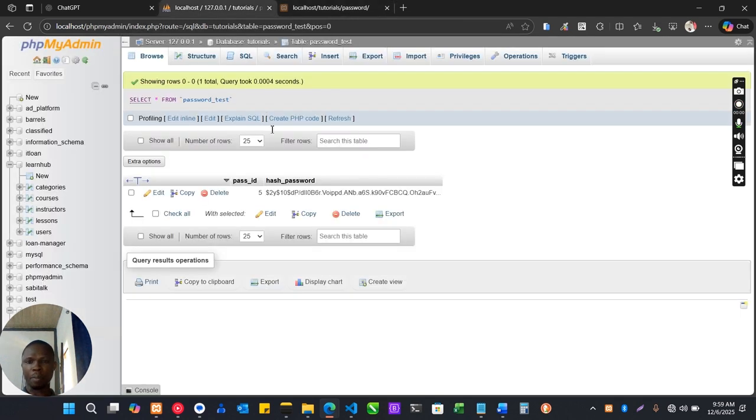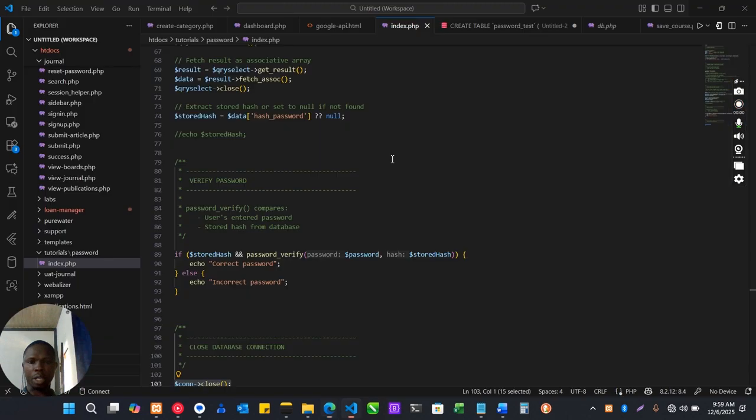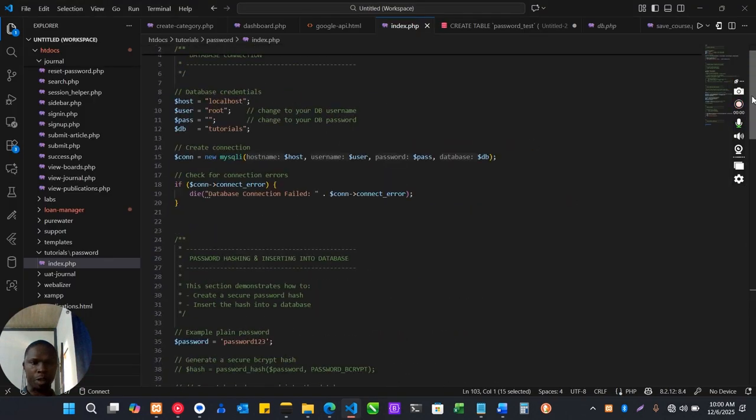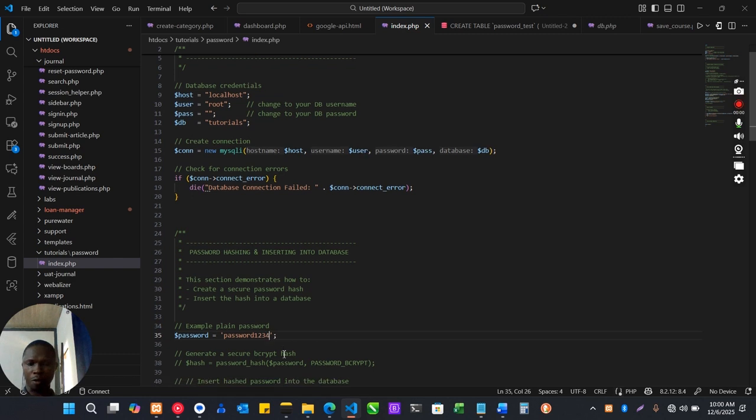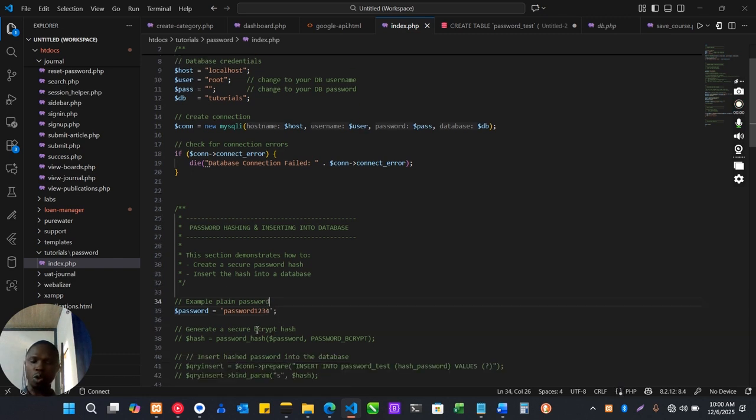We just verify it, and we notice that everything is correct. So the password we have stored in the variable is absolutely correct with the encrypted password we have. So let's try something out and tweak our original password from the very beginning. So this is password 123. Let's use 1234 and see if the hash password in the database is going to be the same